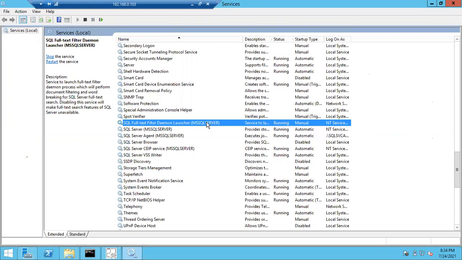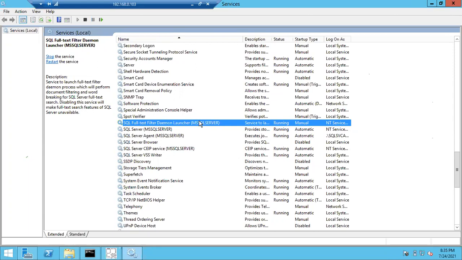What name can you see in the brackets? The name in the brackets is whatever we mention in the installation. If it is a default instance, we are not going to mention any name in the installation. If you remember, for the SQL default instance, we do not mention any name. For a default instance, the name will be pulled automatically. Only for a named instance do you have to choose the name.